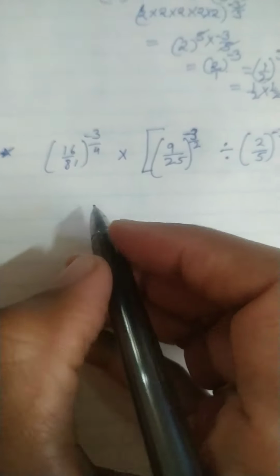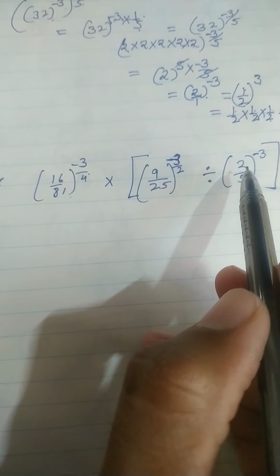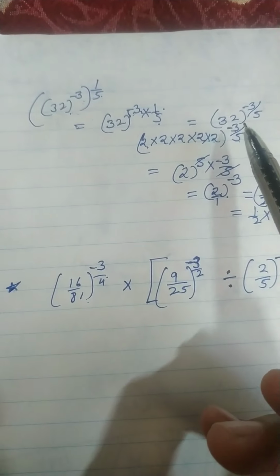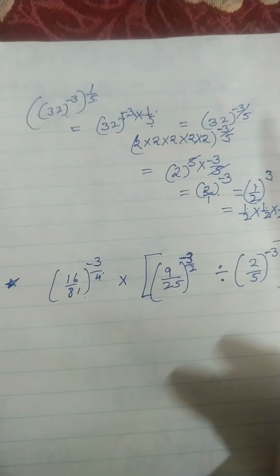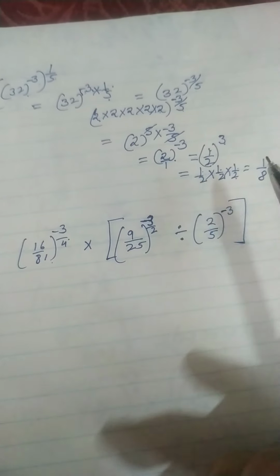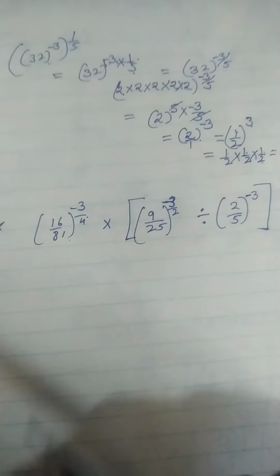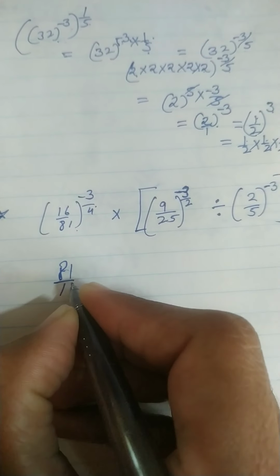It is somehow different. Firstly, the power is negative, we will make it positive. Here also you can do it like this. If the power is negative, you can make it positive right here and after that you can make its factors. It's up to you. If you want to solve first, then you can make the power positive. Now see this. I will make the power positive first.